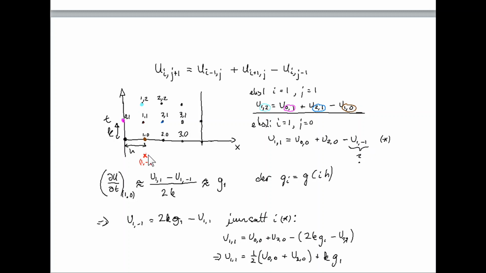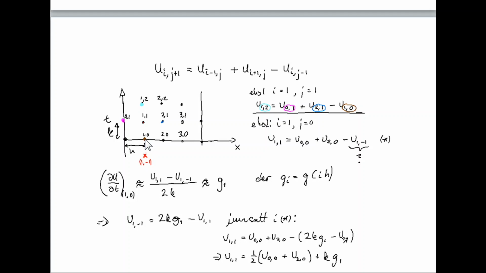Well, we do as we did for the parabolic problem. We make an auxiliary point here, a virtual point, if you like, and imagine that we had some value at this point. Then we recall that the derivative of u with respect to t, and then we mean the derivative in the point 1, 0, actually here can be